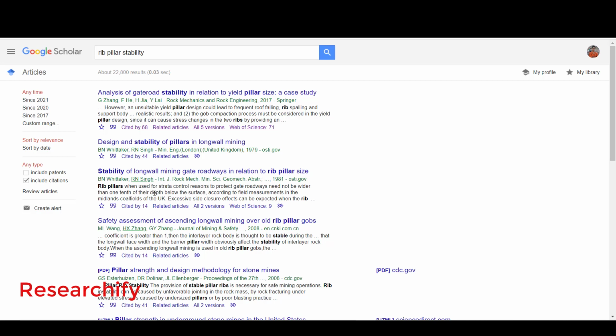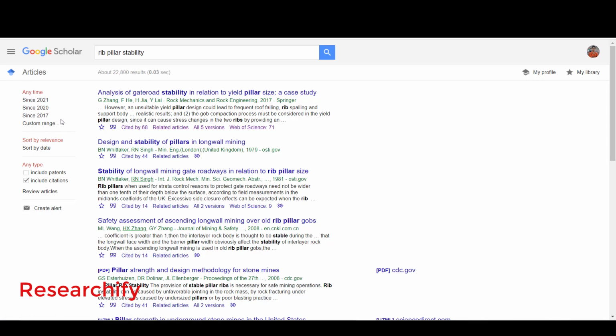I also suggest that when you are searching for articles, you be specific about the timeline. Don't search randomly, or you will get very old articles, and maybe 10 or 12 years ago the research trends were different. So I suggest you search for articles that are as recent as available. Here you can see the timeline option, where you can choose since 2021 or 2022.